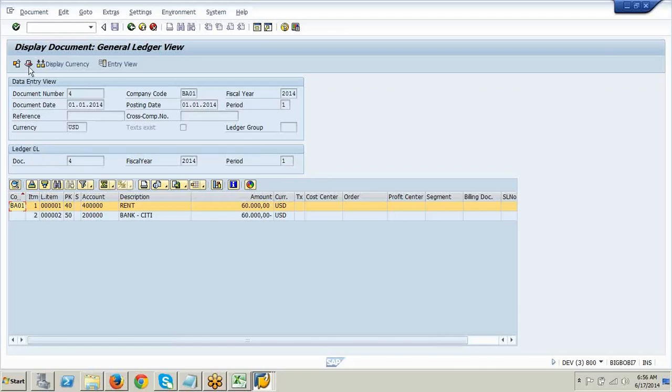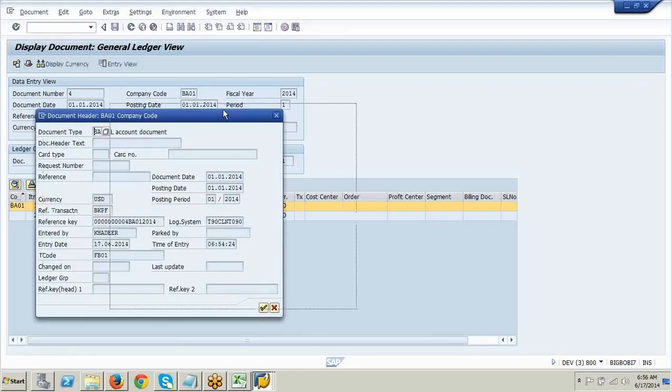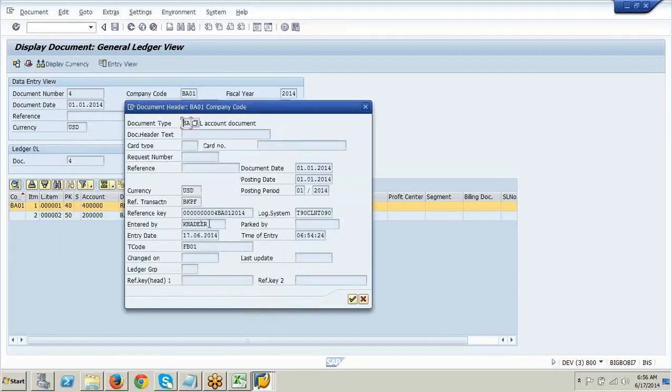Now can you see here there's a hat over here, display document header. If you click on this, it will give you complete information stating who posted it, the name, entered on, transaction code. FB01 is the same, F-02 only. Don't worry about that. The entire security part information it will give you.